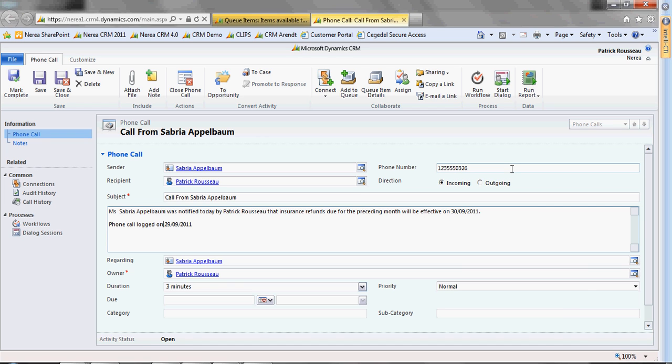template has not been applied. So just saying that Mr. Applebaum was notified that insurance refunds due for the preceding month will be effective on this date, full logged on, and then today's date. I can now mark this phone call as complete, as a Tier 2 agent, which will